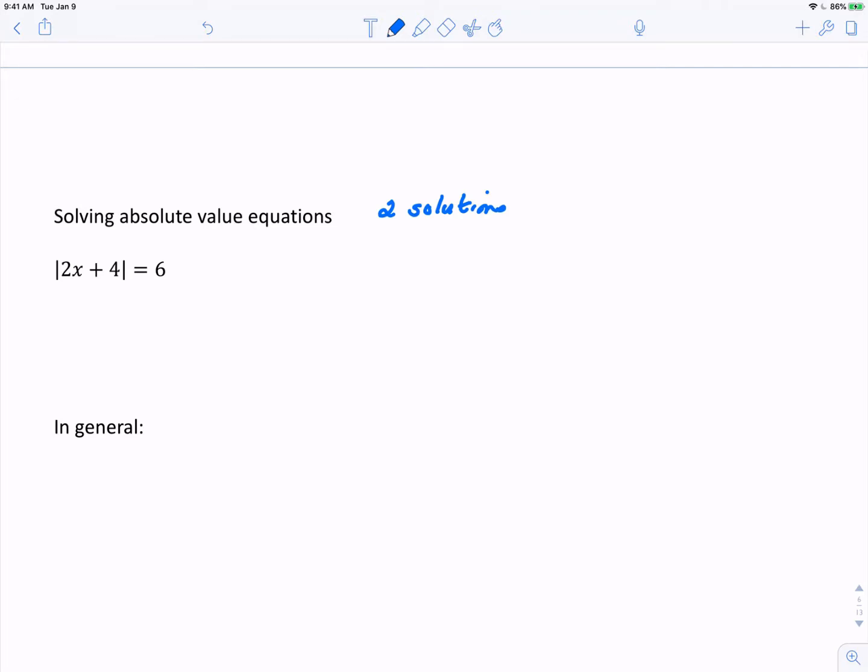And the way we find them is by, in general, making sure that the absolute value sign is on one side of the equal sign by itself. And then when we ask ourselves what numbers have an absolute value equal to 6, there are two. Either the number is -6 or the number is +6. Both -6 and +6 have an absolute value equal to 6. And so all we have to do is solve these equations. So we solve these equations by subtracting 4